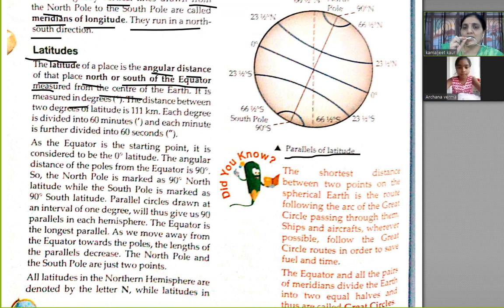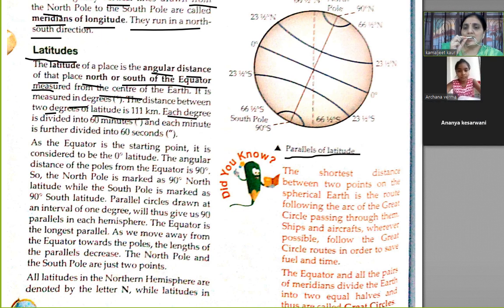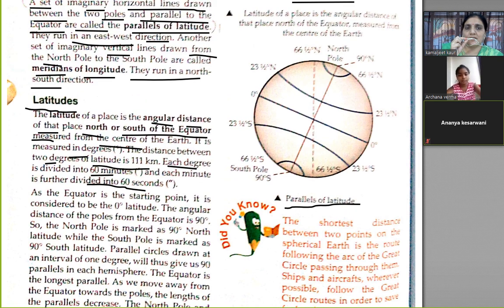Degrees में करेंगे। The distance between two degrees of latitude is 111 kilometers। Each degree is divided into 60 minutes and each minute is further divided into 60 seconds। Let's see again। The latitude of a place is angular distance। क्या है? Angular distance पे है।